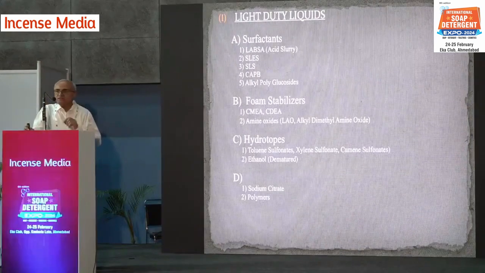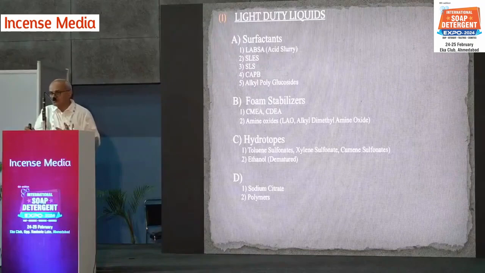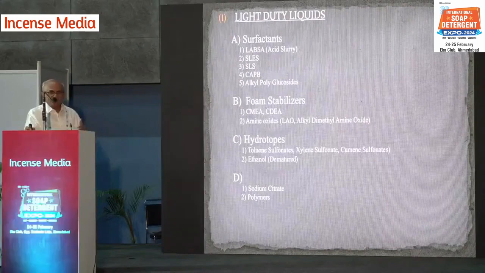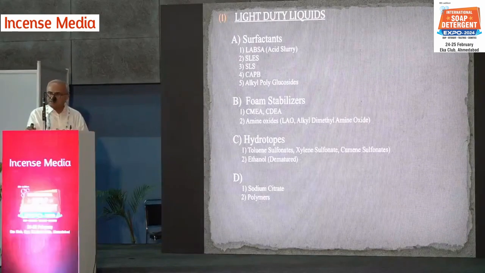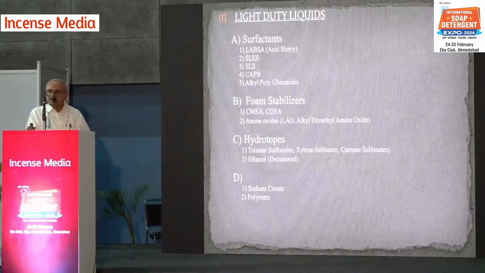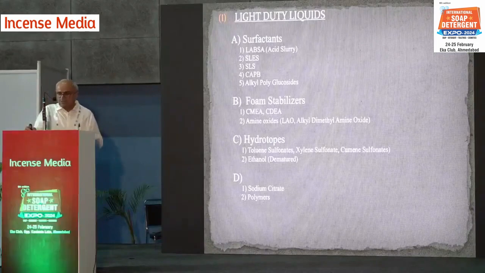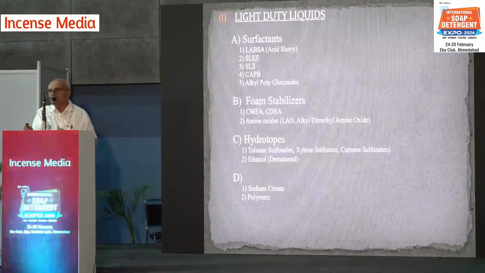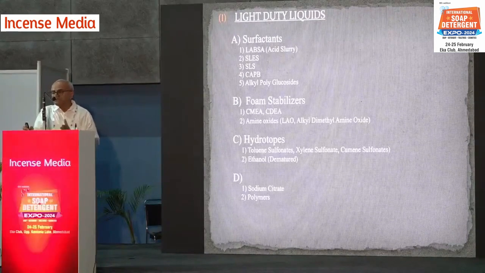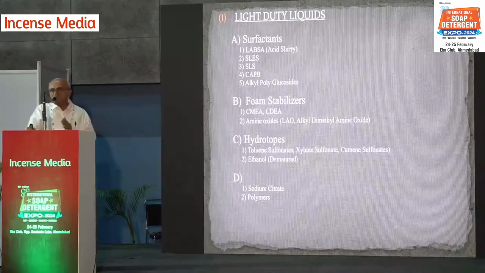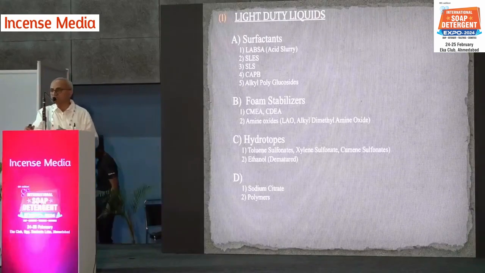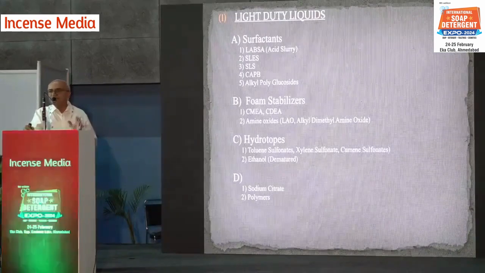In olden days, urea was used as a hydrotrope. Nowadays urea is not used, but sulfonates like toluene sulfonate, xylene sulfonate and cumene sulfonate are added. Sometimes ethanol is used, and sometimes propylene glycol is also used. And one more thing, the best way to bring down the cloud point is the addition of sodium SLES. Because SLES is a co-surfactant, a very good product. Along with the LABSA, it gives very good cleaning, very good foaming, and it gives viscosity. That is why SLES is preferred.